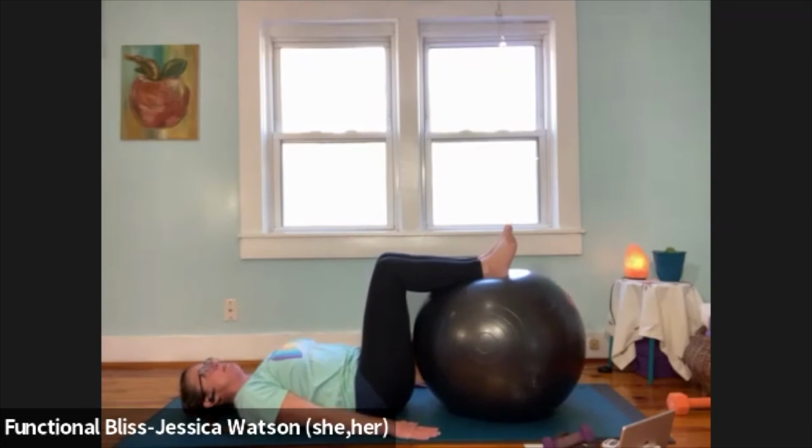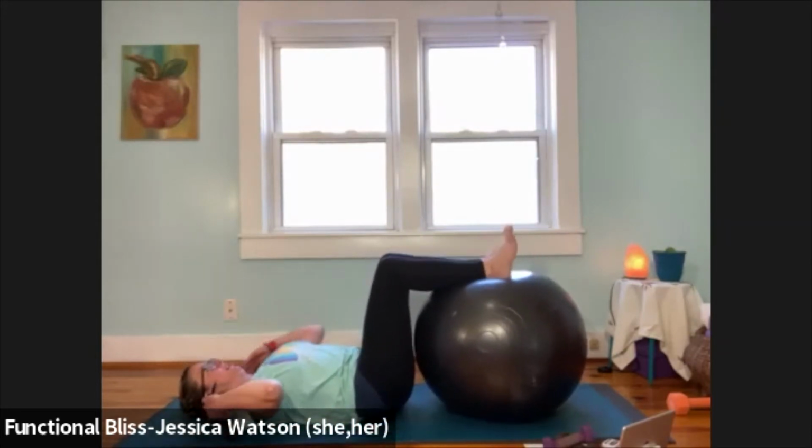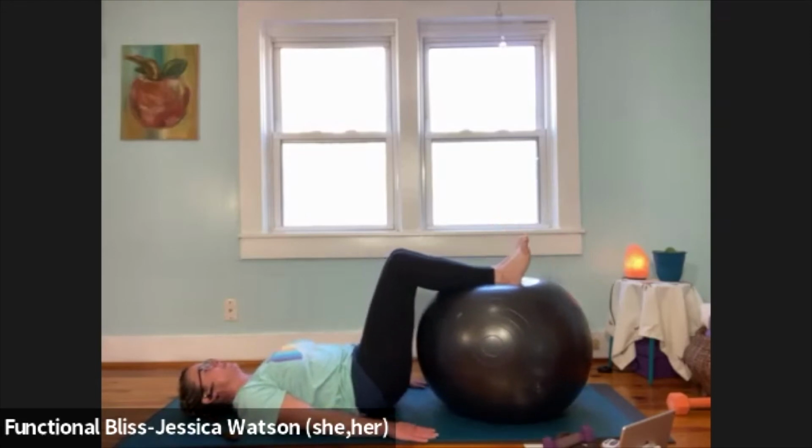So start there just by finding that little push. Arms down at your sides, maybe palms facing down so we engage the backs of the arms, keep the upper body solid. But now we're just pumping those heels. So push the heels down into the ball and then let them release. Four more pumps of the ball. And now we're going to push the heels into the ball, lift your tailbone about an inch away from the